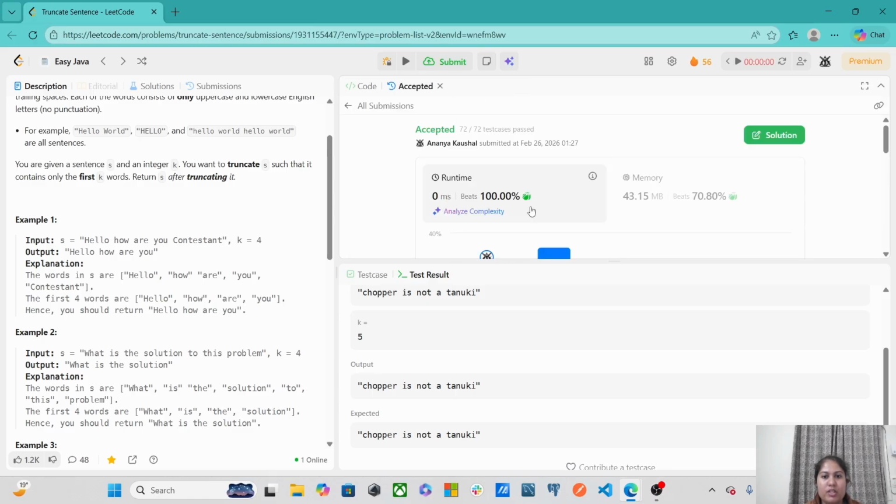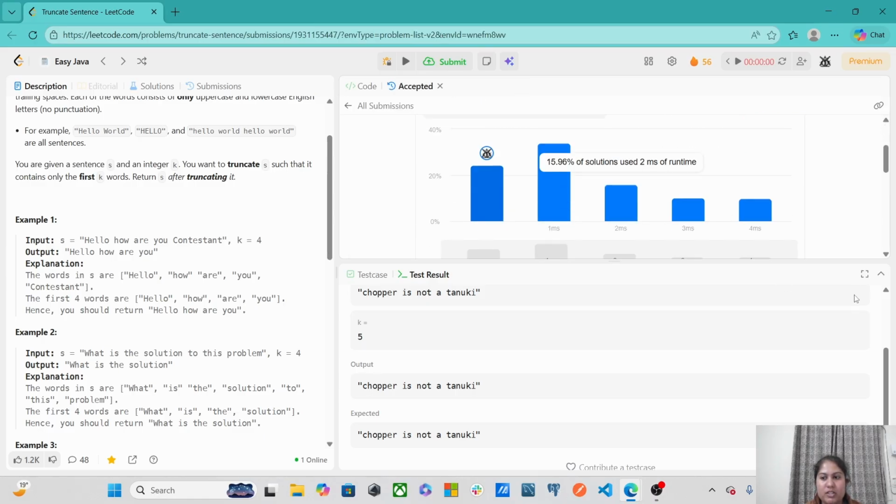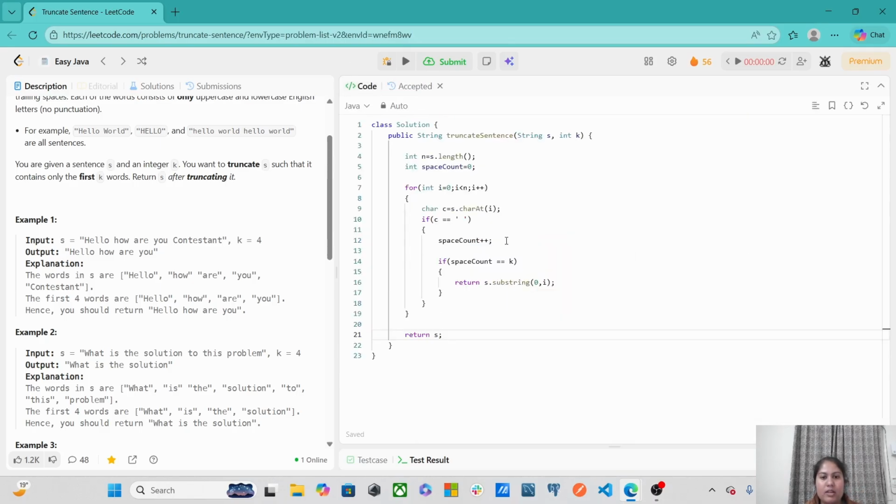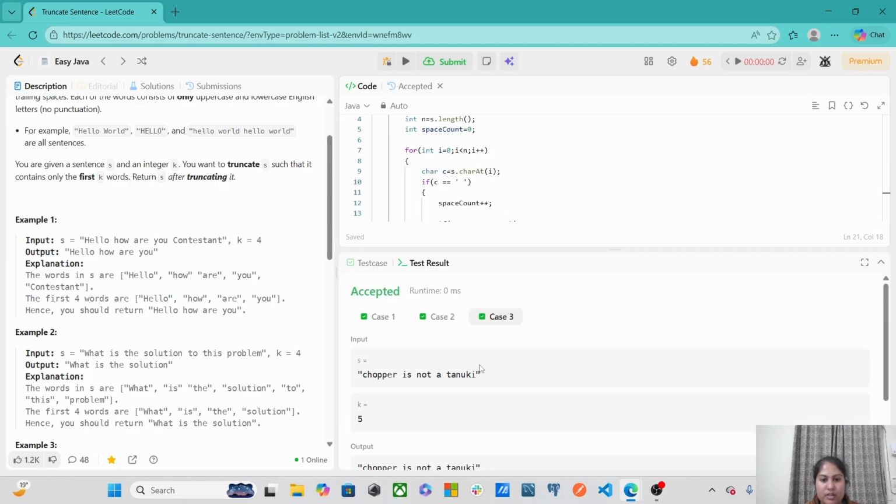So what could be our space and time complexity? Our time complexity is big O of n, because in the worst case we will traverse through the whole string, as we have seen in our test cases.